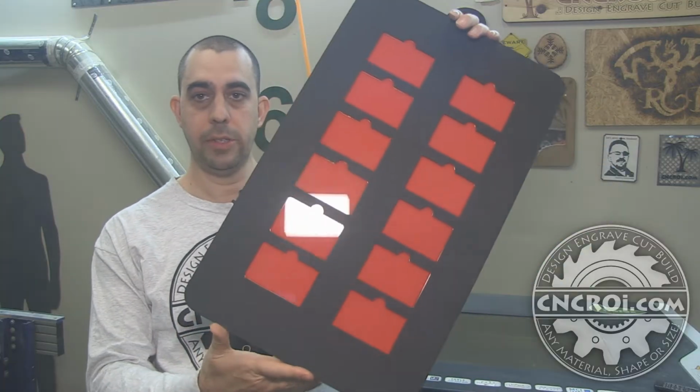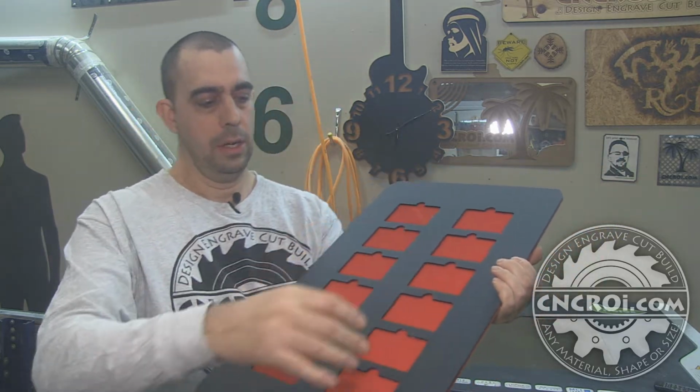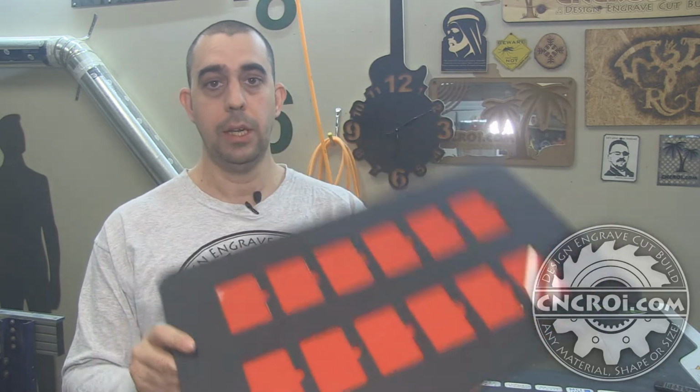The jig you see here is actually for a UV printer, though it could be used for basically any other machine or process you might have in your shop or your home or your business. In this case here, it's used for a UV printer. So what they do is they put the cards on here, the UV printer does the work, then they take the cards off. The nice thing about a jig is that it's repeatable,